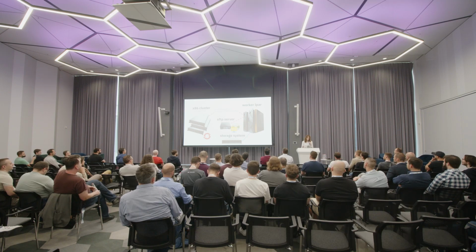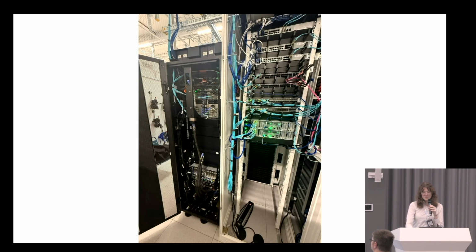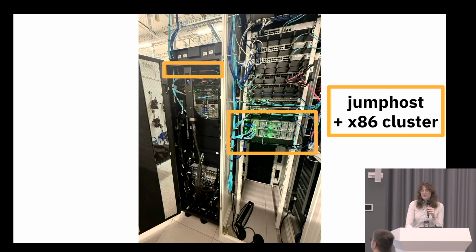But diagrams can get a little bit abstract. I'll show you what this looks like in real life. So this is the mainframe from behind and the storage system. The top drawer, in mainframe terms, you call them drawers, is the HMC or hardware management console that we connect to. And then that is the back of the Fibre Channel storage that has these fiber connections going to the mainframe. And then to the right of that is the rack of x86 servers. I didn't get them in the picture. You just have to believe me that they're actually there.